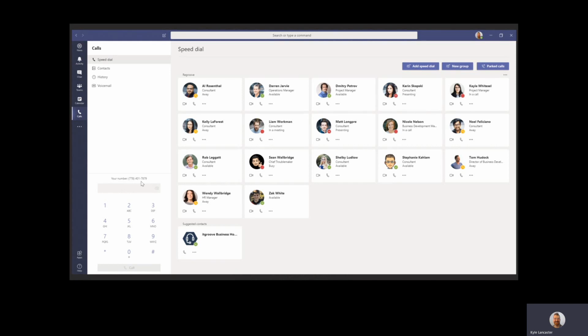But at Regroove, we don't really give out everyone's personal numbers. We just give out our main line, and then people will call that and just say the name of the person they're trying to get a hold of. There's no need to make personalized business cards. There's no need to have people reaching different phone numbers. Just have them dial the main line, and then either dial by name or press 1 to talk to a human. 4 people's phones will ring. They're going to get a hold of somebody to talk to.